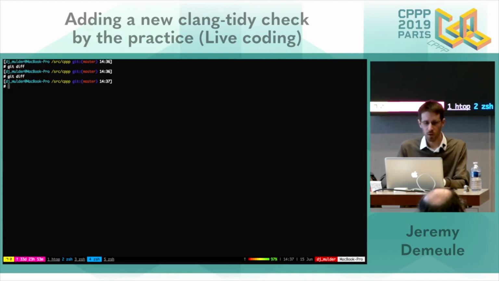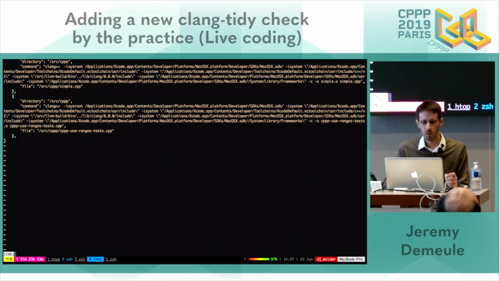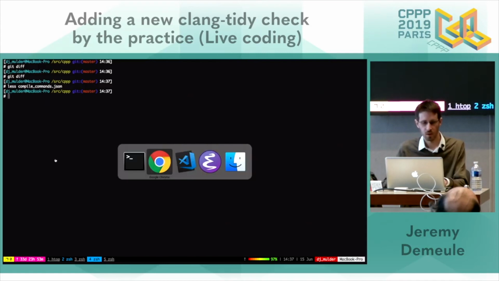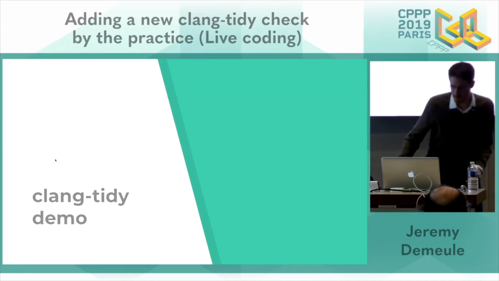Clang-tidy, and Clang-based tools more generally, will use a compilation database, the compile_commands.json, which lists all the files of your project. It lists the files, and it also lists the compile options to compile each file. So, let's go back to the presentation, to the slides.